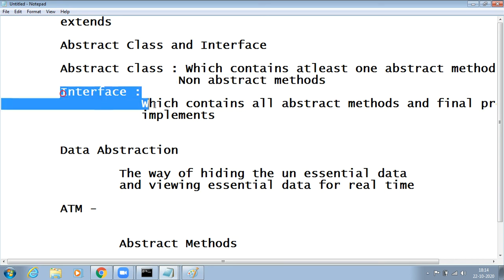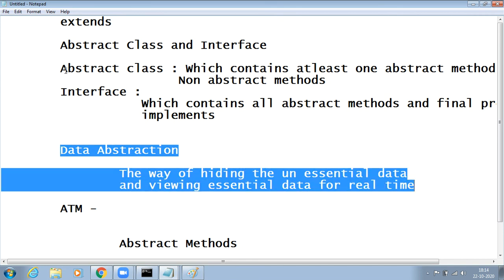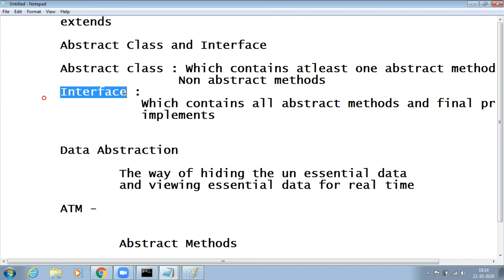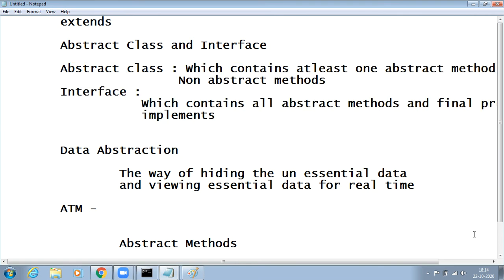An interface is full abstraction because an interface contains completely abstract methods. In Java, data abstraction can be achieved through two important things: one is abstract class, the other is interface. Sometimes questions might be asked like this, say contrast abstract class and interface for 4 marks or 8 marks. Okay, so this is all about